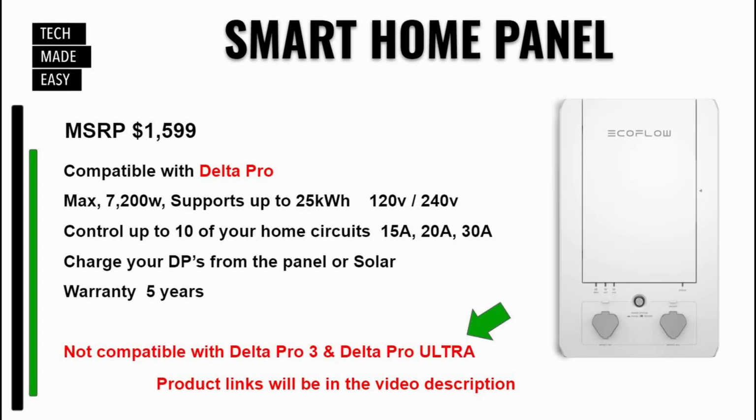Still available, by the way. MSRP is $15.99. You'll probably find this on sale. We will have links in the video description if you want to purchase it. It is only compatible with the Delta Pro. And obviously, it's 7,200 watts. It supports up to 25 kilowatt hours,